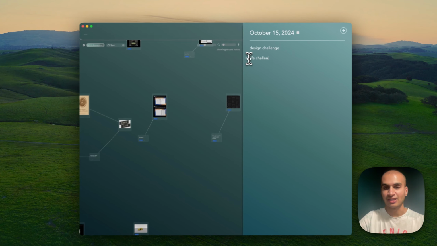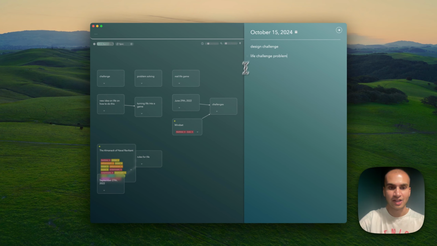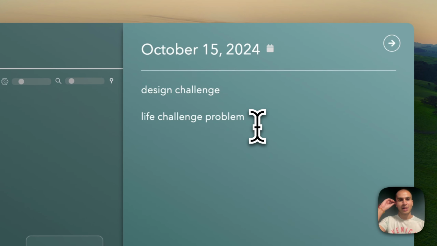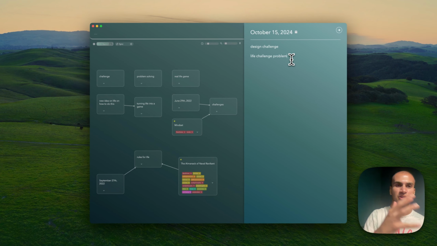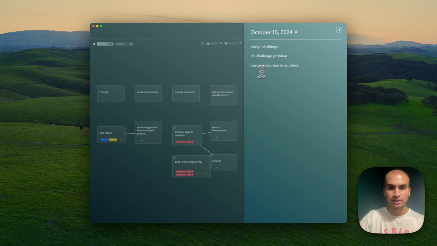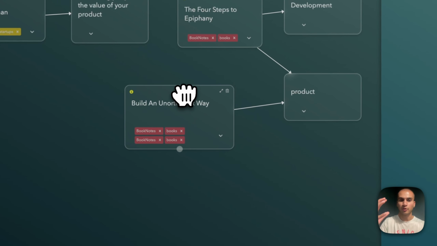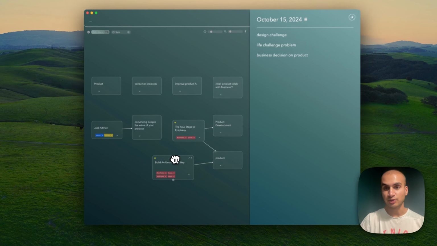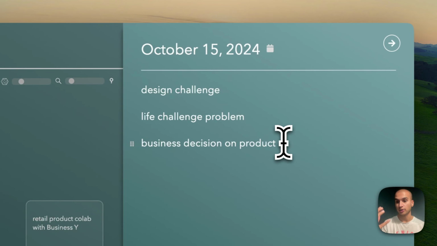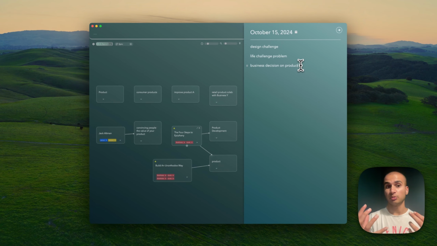Let's say in life you have a challenge or something, life challenge, problem, whatever. A lot of thoughts related to your old things will come up, and oh, turning life into a game, perfect. Now that helps me, keeps me inspired. And it's not just for subtle things like emotions. This is for work too. If you have a business decision coming up, on product, all your notes related to that will come and help remind you at that place. And that creates really strong, better life decisions throughout everything, better brainstorming. So this creates a really fundamentally good journaling flow view where all your knowledge that you've accumulated is actually being